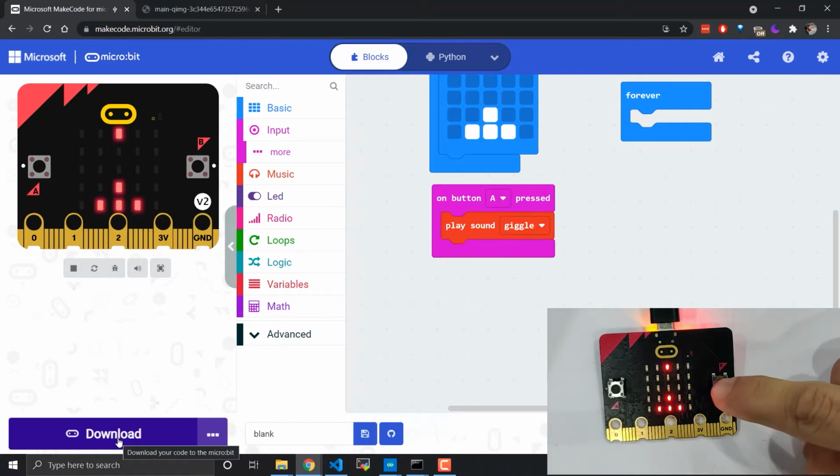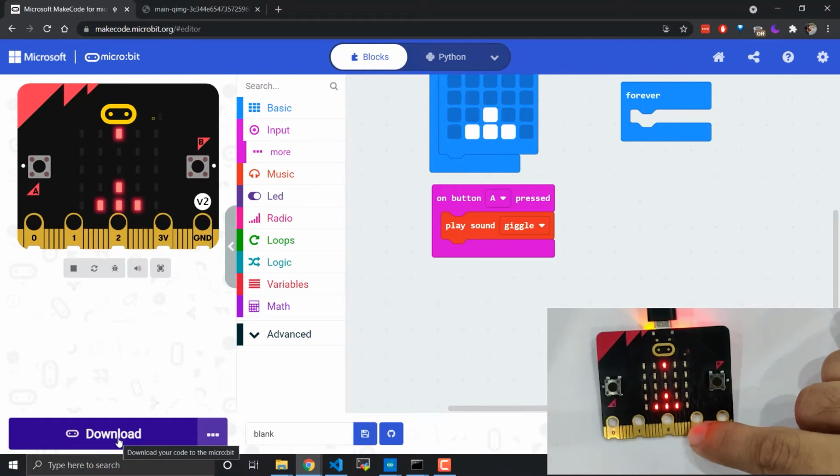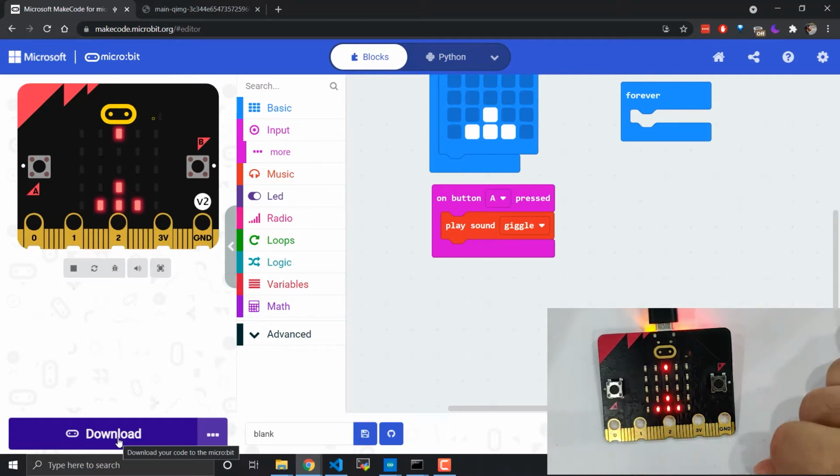We can do the same with button B. However, we don't need to do that at the moment. We'll get to this once we have the rest of our game set up. So now let's get into the code.